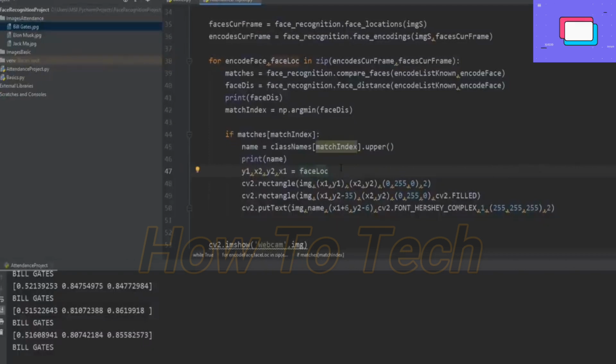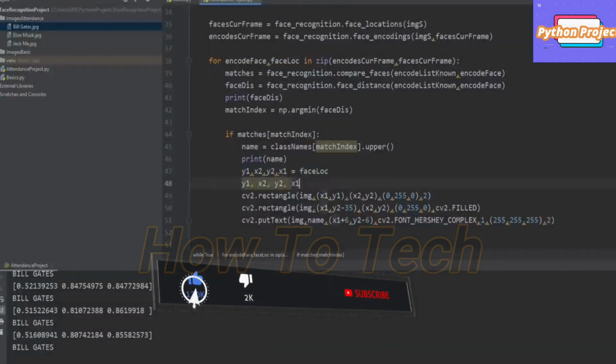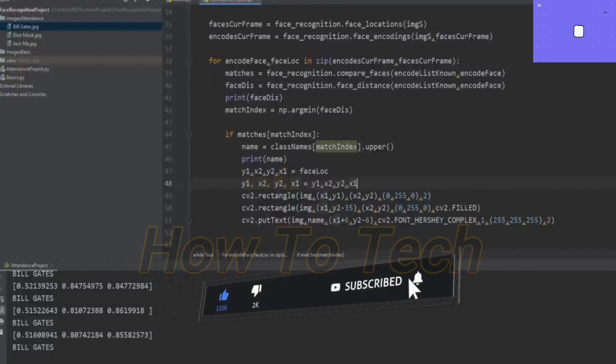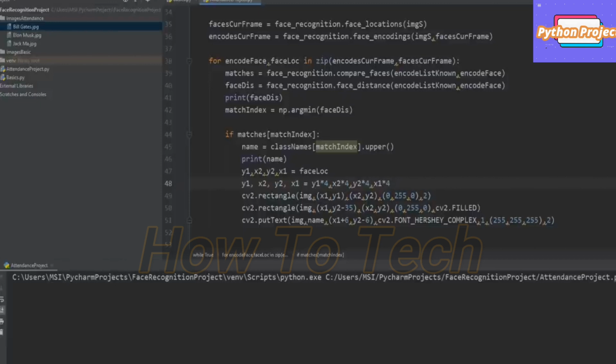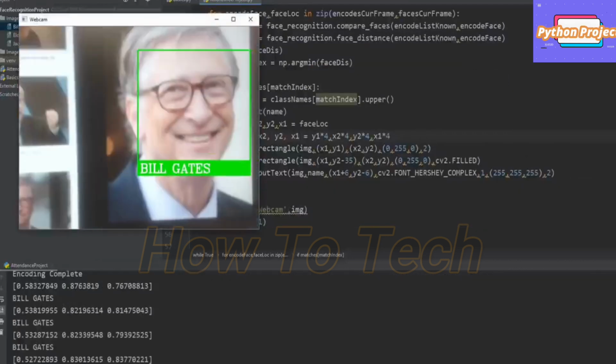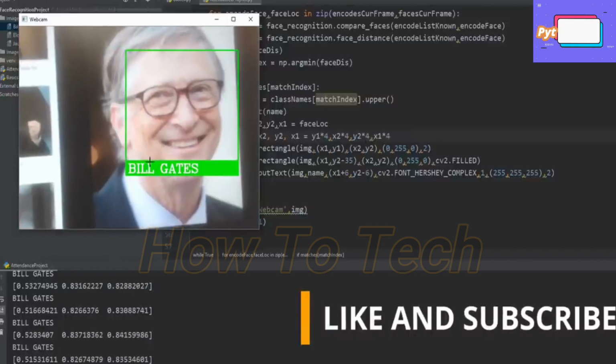So what we can do is we can write here this equals multiplied by 4, then multiplied by 4, multiplied by 4, and multiplied by 4. So if we run that now, so there you go. So now it's showing it in the correct place, and it's showing the name as well,